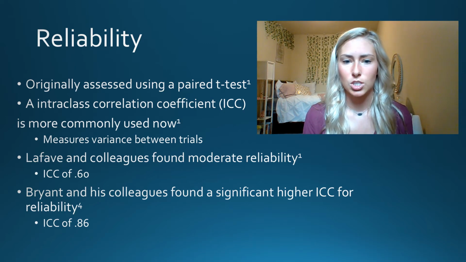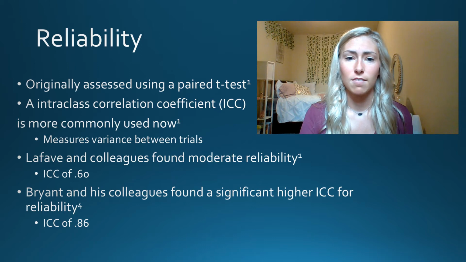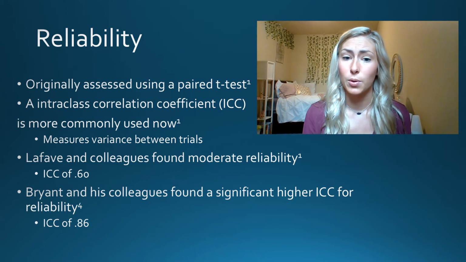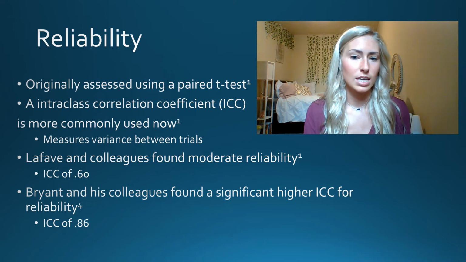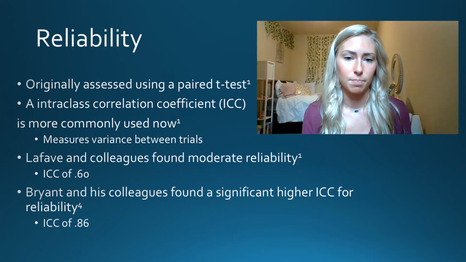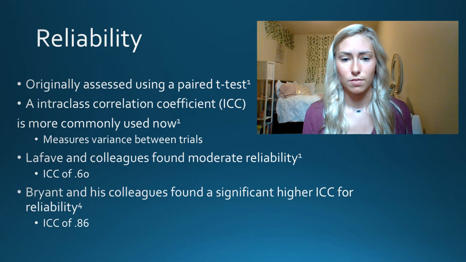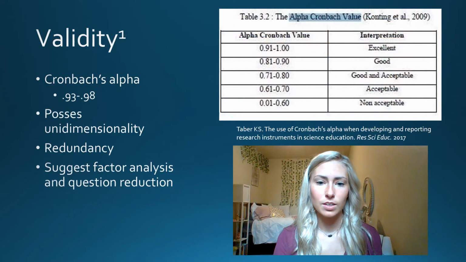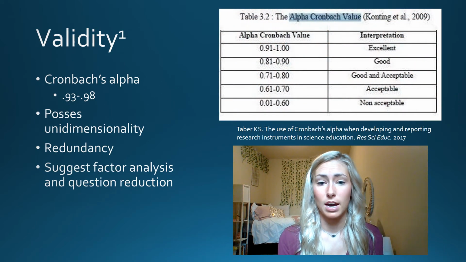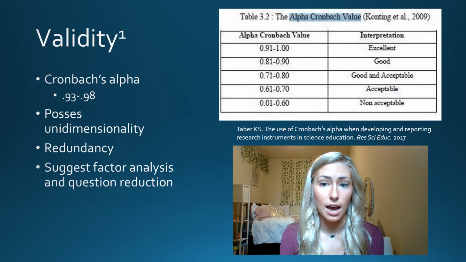And so you can see that there's quite a difference there. Lefebvre and his colleagues did note that their sample size was acceptable, but it was on the smaller range. So they think that might have contributed to the variation in their reliability scores. In the same study by Lefebvre and his colleagues, they found that the Cronbach's alpha ranged from